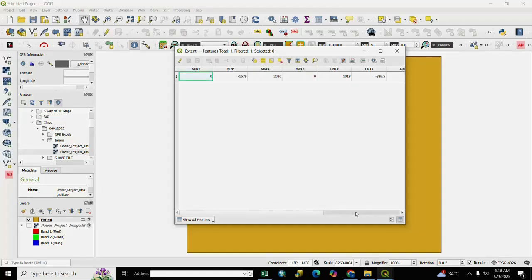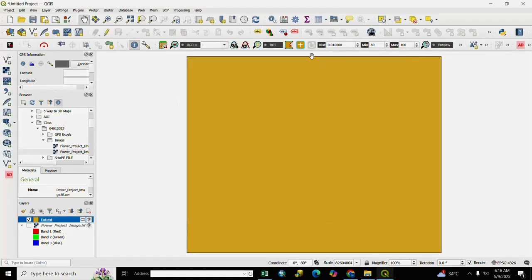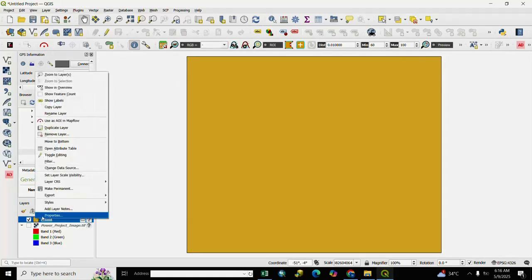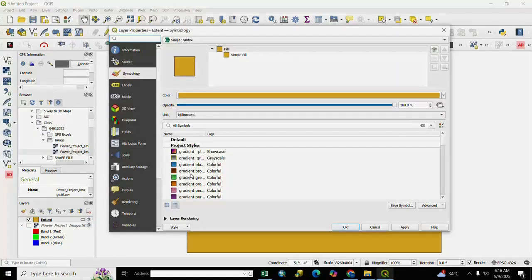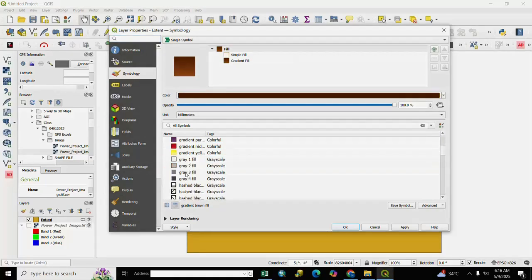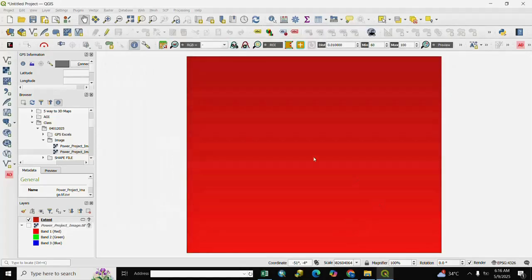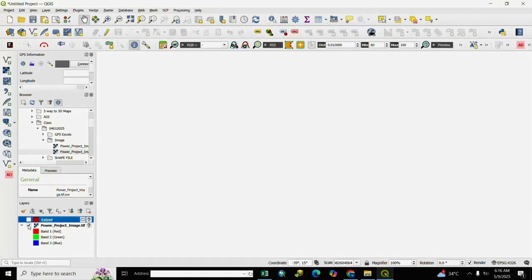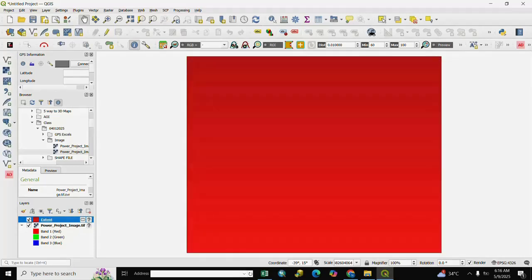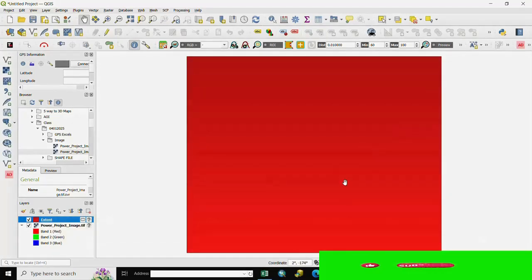And if you want to change the symbology, we right click and go to properties. You select symbology as per your requirement. We select this color and apply and OK. Here is the changed color, and here is the image. So we successfully extracted our vector file.